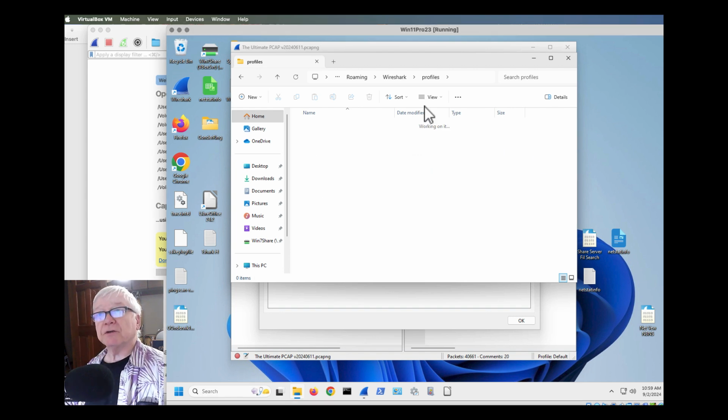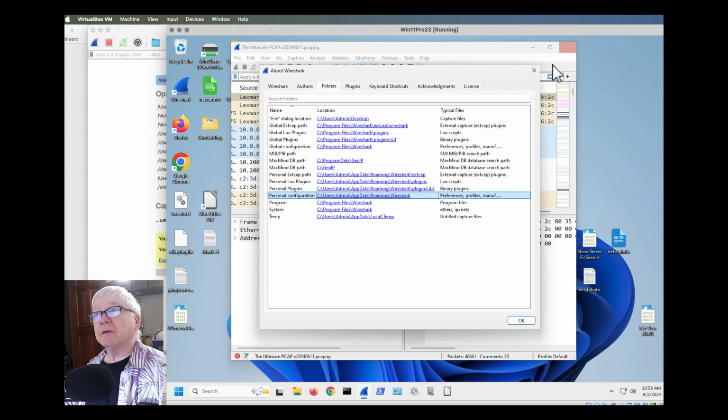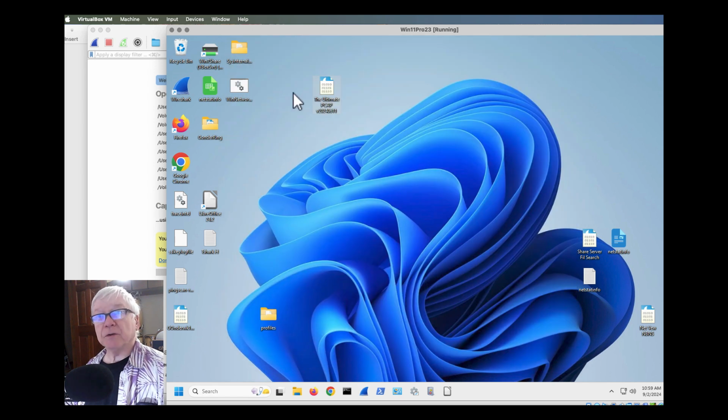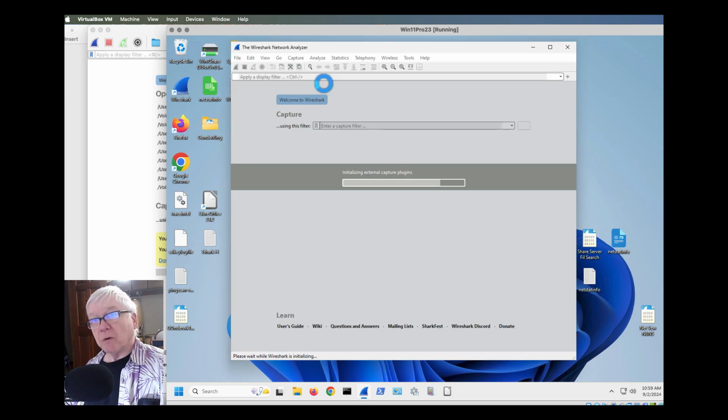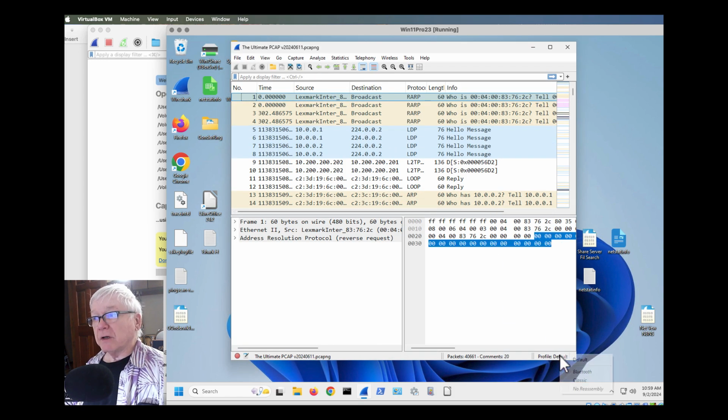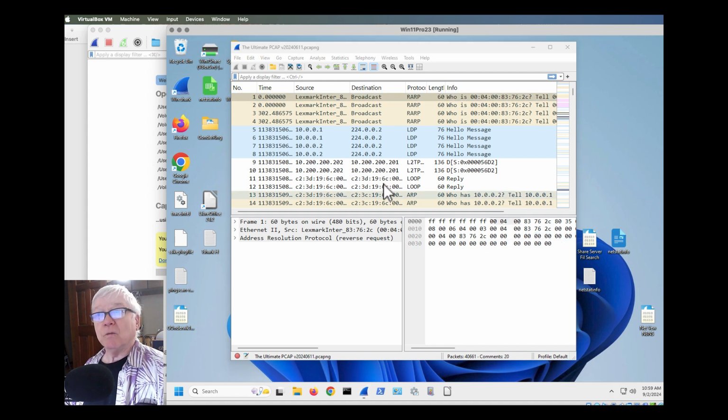I'm actually going to trash them all just for the sake of demonstration here. Quit Wireshark. Make sure then when I open it up, it will go and say, oh, what profiles do I have? And I've got a default profile, which is in the global configuration. And there's a Bluetooth and a classic and no reassembly. But other than that, whoa. Well, profiles are very powerful.